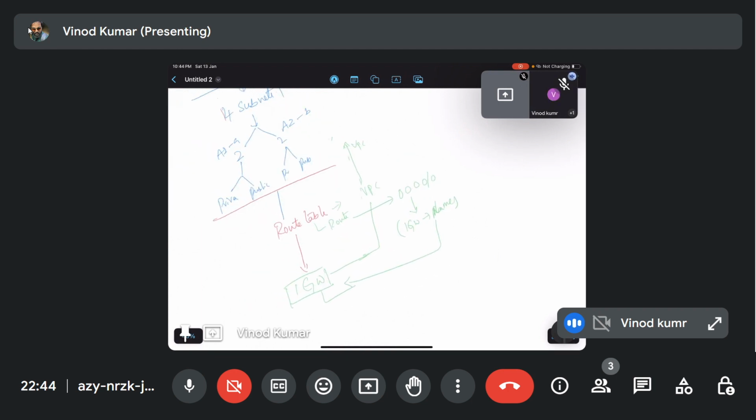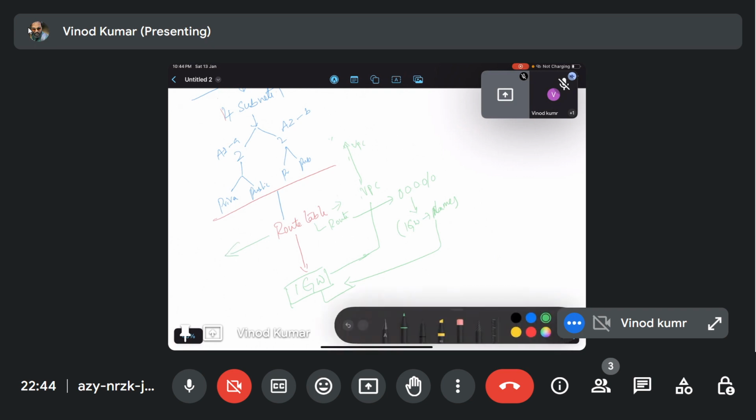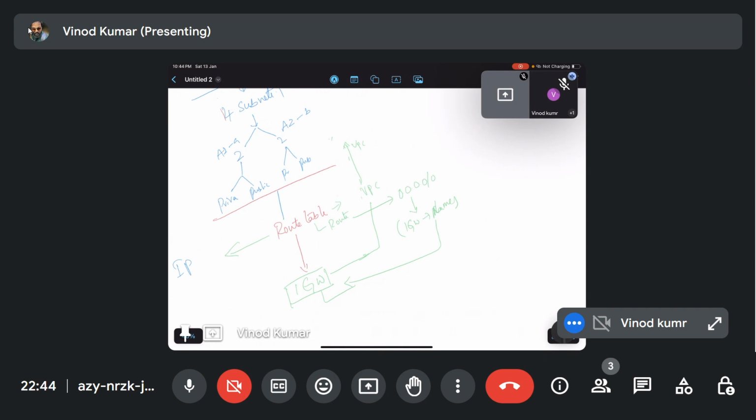For establishing the connection, we went to the route table again and defined which subnet should go public.